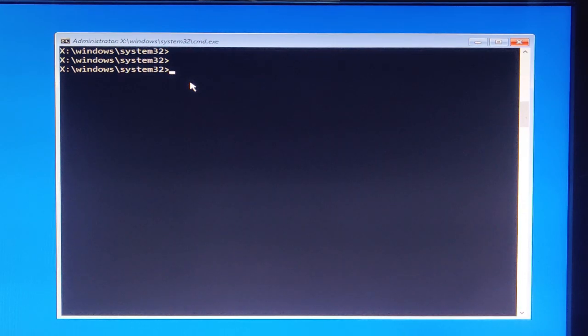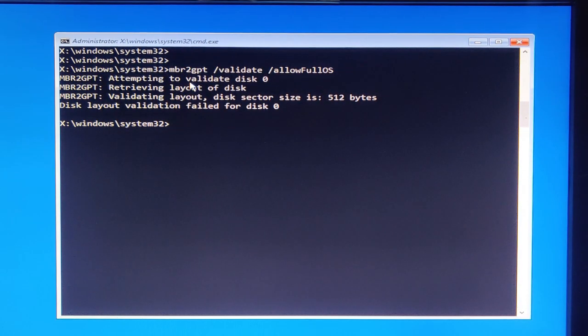After coming here, you have to type this command: mbr2gpt /validate /allowFullOS. I might get a failure here because I've already converted this to GPT. In your case, if your partition style is MBR, it should come as successful.